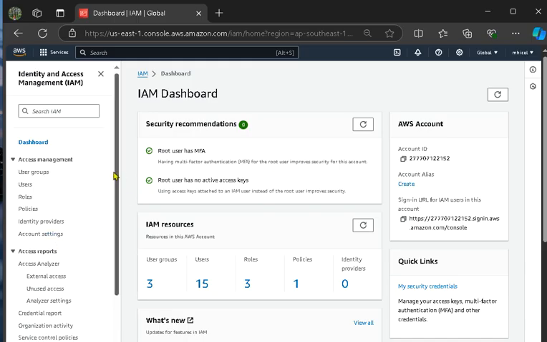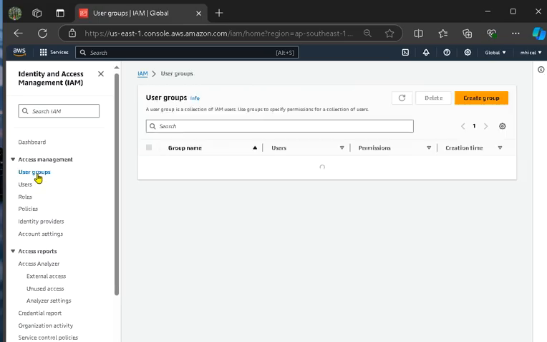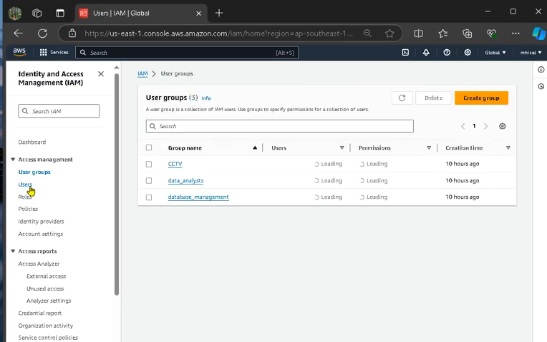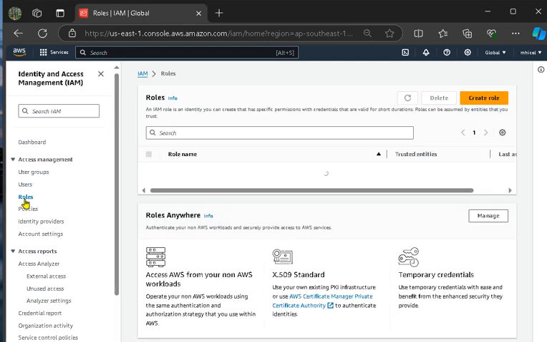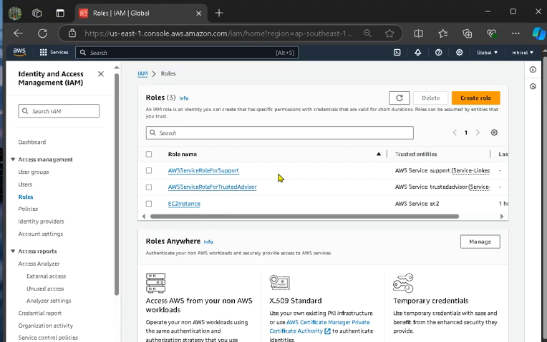As you can see here, you can navigate through this dashboard. You can create user groups, users, you can create roles and policies.